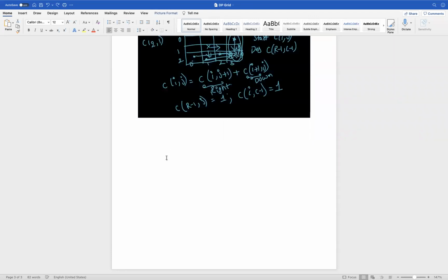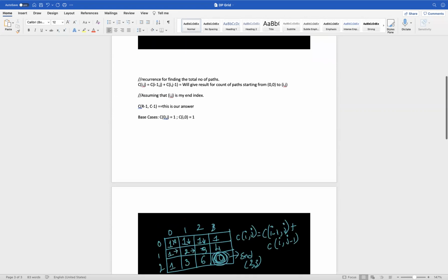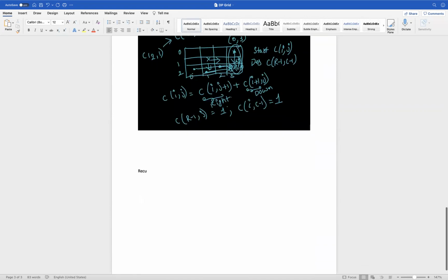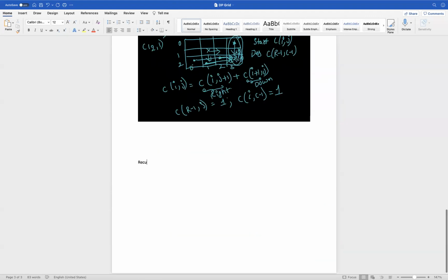So here, what is the recurrence? In the same way, the recurrence formula would be C of i comma j.